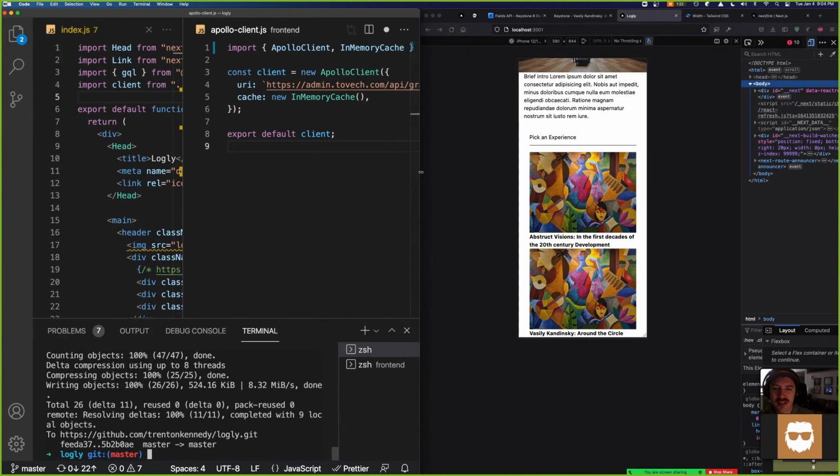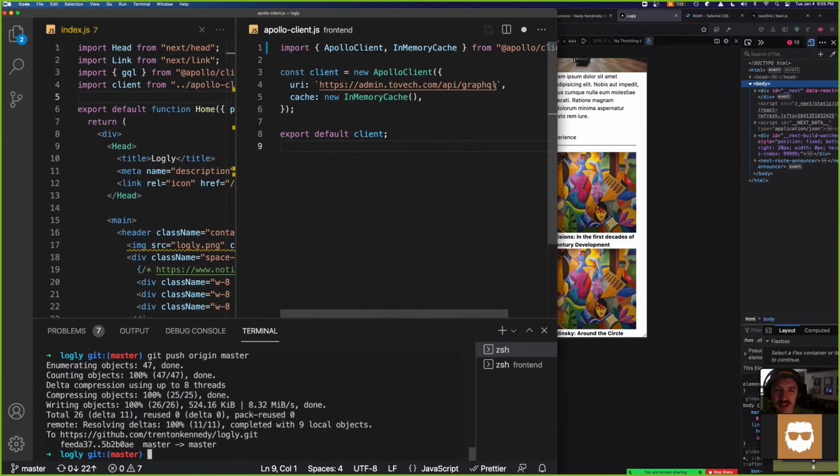It's not considered insecure to have this URI hard coded, is it? I mean, it's a public API, right? Is there a better way?